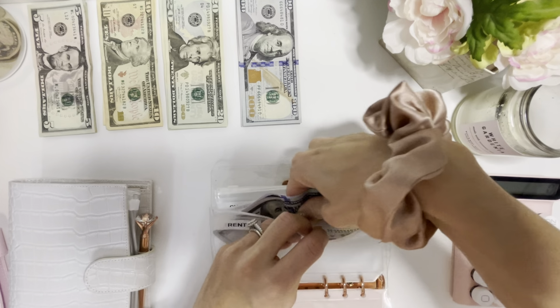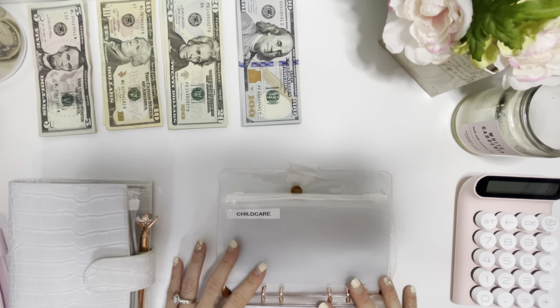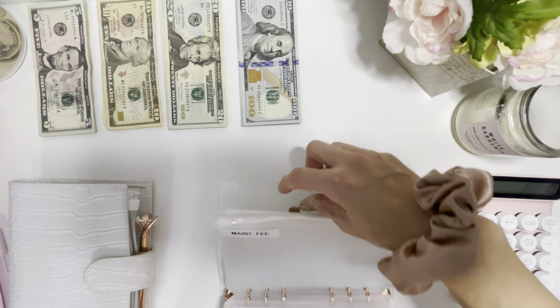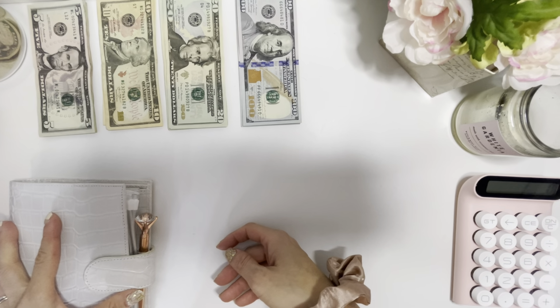And I don't like to have a ton of cash. That's why I use prop money, like that $1,000. Childcare, like I said, we're not stuffing today, and we already did all that. So this is good. Next, we're going to be stuffing